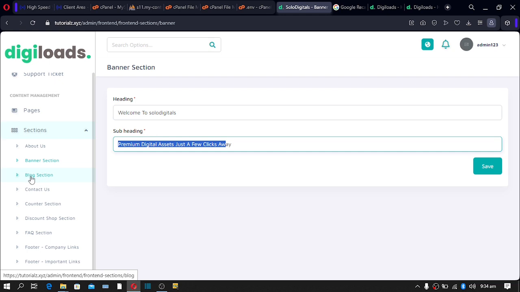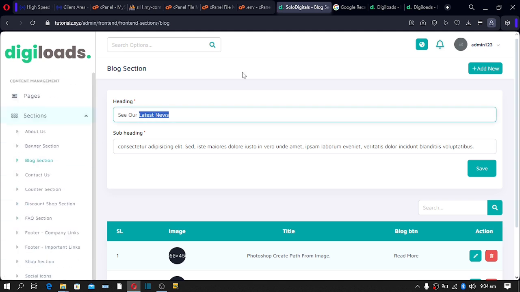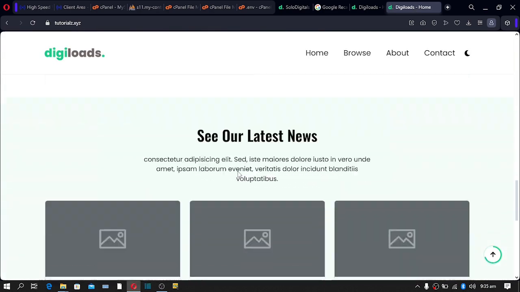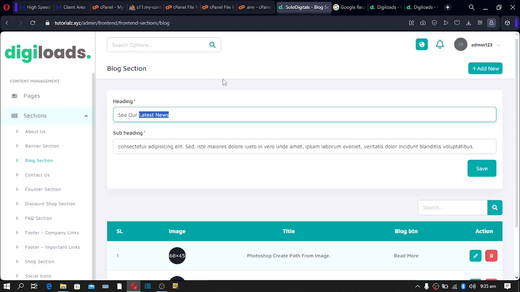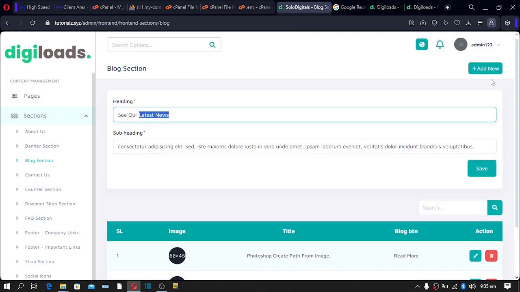Your blogging area, this is where you write your blog content. So just click on blog, scroll down, open your site, scroll down, and then this way you find your blog. See our latest news. So go back there, see our latest news. You can modify that text here, your heading here, and these dummy blog posts, delete them and create your own blog post. So simply click on delete to remove all of them, and to create a new blog post, just